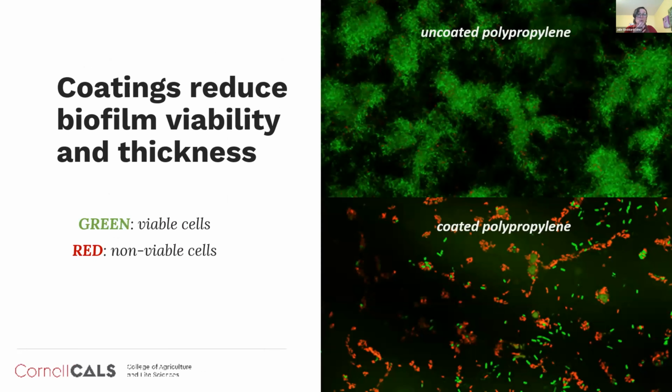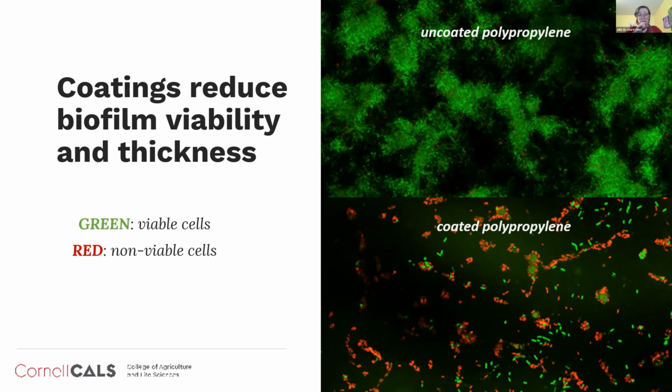And you can learn a lot as well looking at confocal laser scanning microscopy images. First, ignoring the color difference for a moment, 72-hour biofilms formed on uncoated materials are thick, dense, evidence of a 3D morphology typical of a well-established biofilm. In contrast, on the bottom, we can see the coating when it's applied to polypropylene. We have a much reduced cell density and it appears as more individual cells rather than a thick 3-dimensional